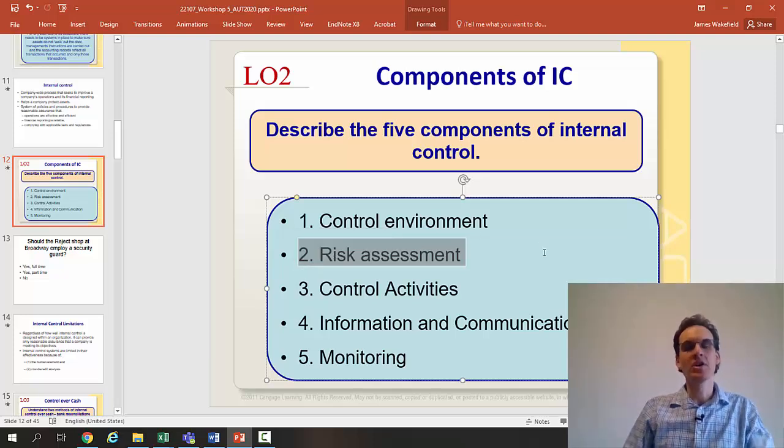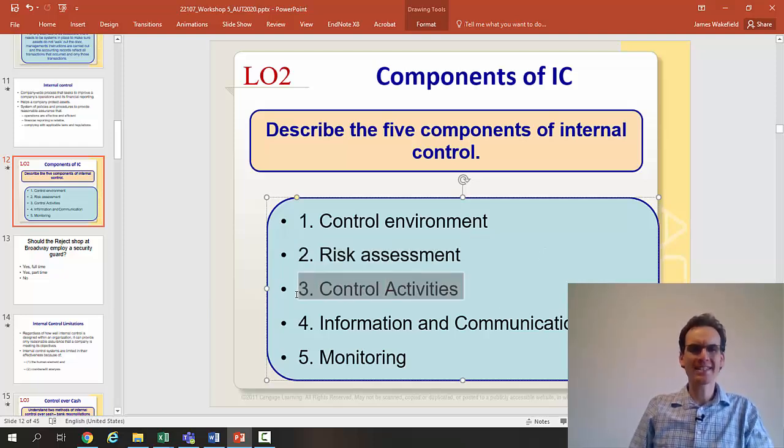this environment. So for a business like a restaurant that accepts cash only and has high cash turnover, obviously there is a risk there that cash can be misappropriated, lost, stolen, etc. So we need to identify the relevant risks within the environment the business is operating. We can then look at control activities. So control activities are all about what we do to mitigate risks, to protect our assets. And we're going to look at 2 different types of control activities in today's workshop that are specifically related to